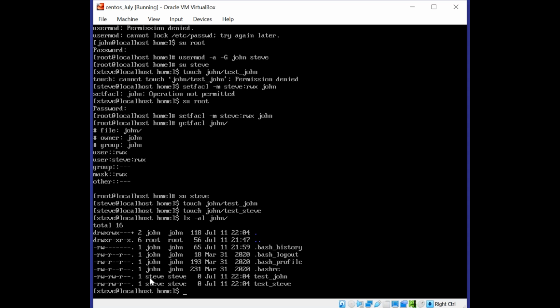Okay. So it shows that we do have permission for Steve as well. Steve also can create through giving a permission through ACL. Steve can also create. So similar kind of thing. If somebody wants to get a permission for that file or folder, you can give that